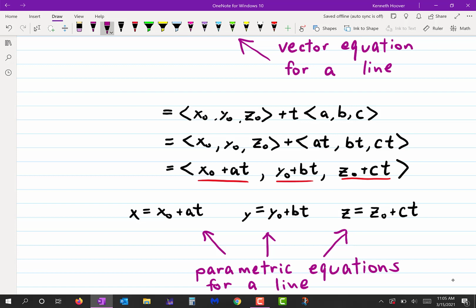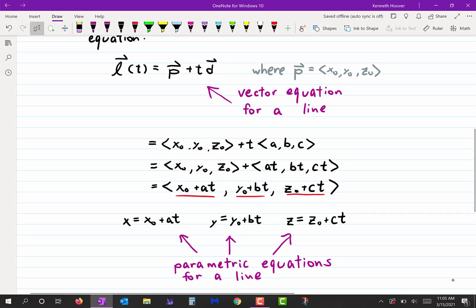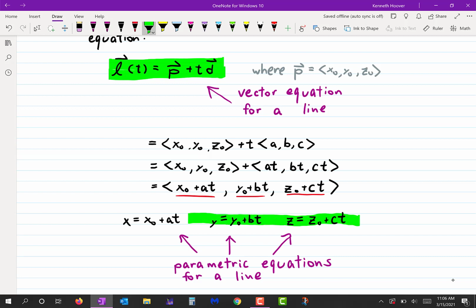Okay, so the same line could be written like this with one vector equation if you know an initial vector and the direction vector. Or that same line can be written with these three parametric equations. Or you can take it one step further and write it in one other way, which is